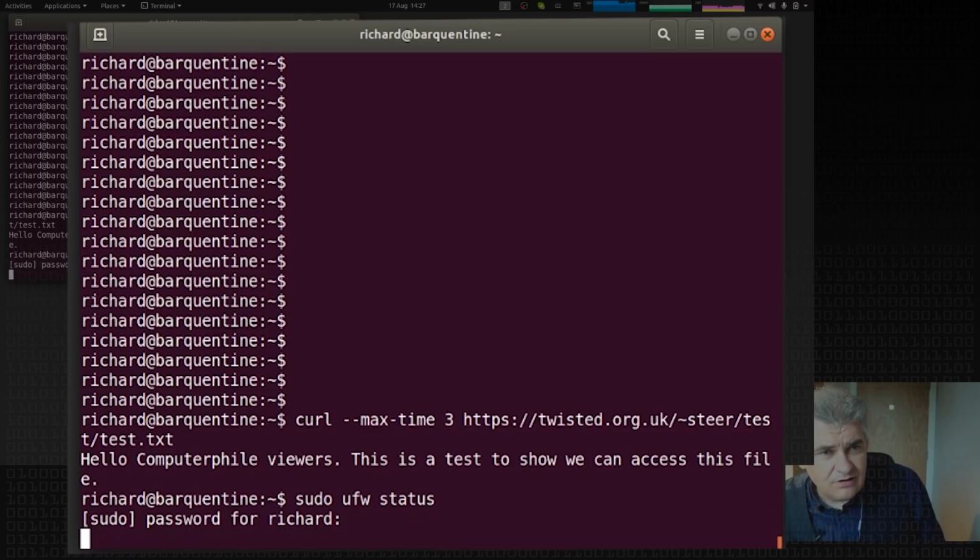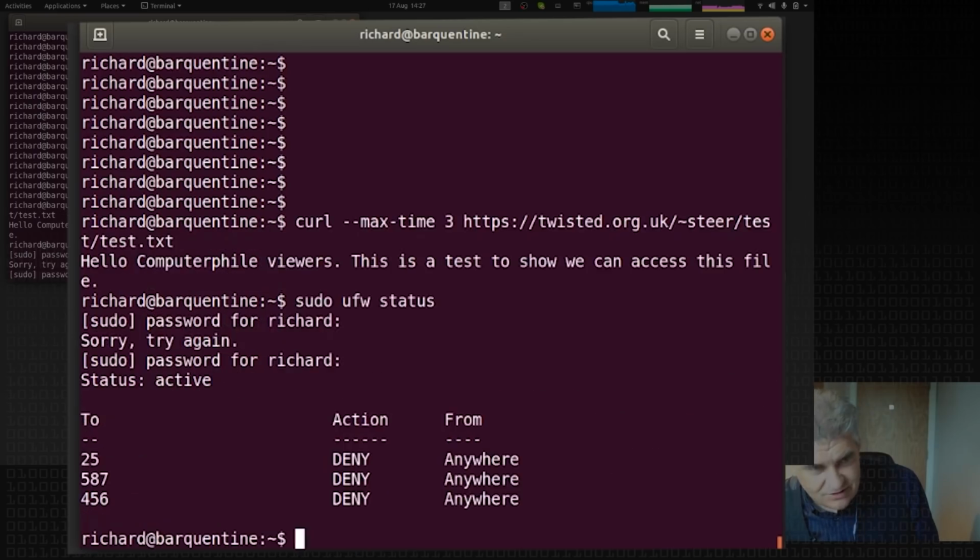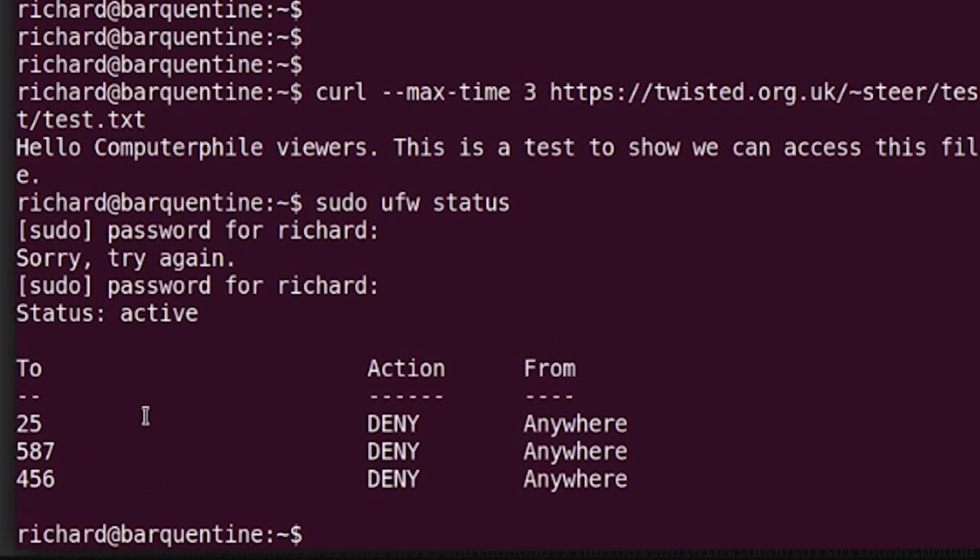Whoops, mistyping the password. Because this is my home machine, and there's no way into this machine anyway. It's denying 3 different things, all related to mail services, allowing anything else. So what if we say